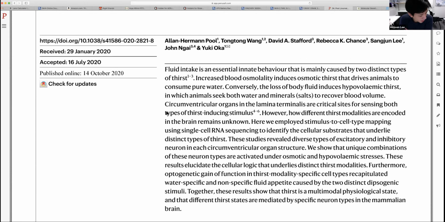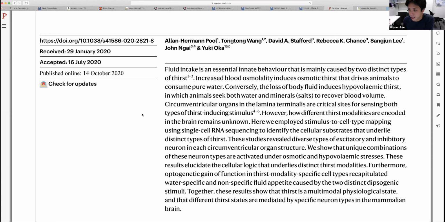So this paper is about thirst, right? Two forms of thirst. It's a pretty straightforward paper, I thought. And maybe the more interesting aspect is the technology of what they did. But they start off by talking about the two forms of thirst. One is when